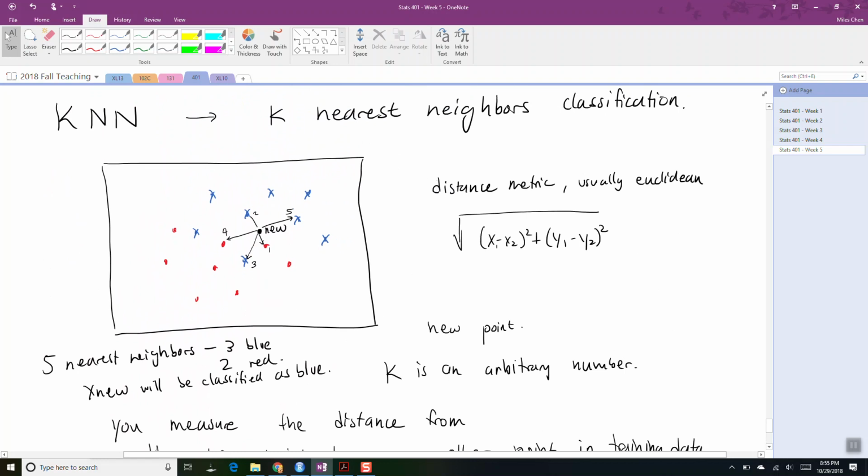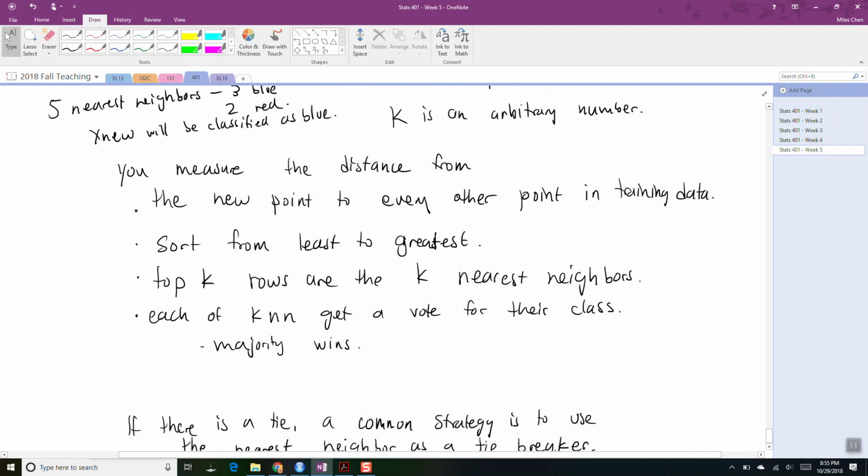Some of the things that you might consider doing is, if x1 and x2 are on different scales, like if x1 has a range of 0 to 1 million, and x2 has a range of like 2 to 7, then x1 is going to dominate all of the distance metrics. So it might make sense to normalize them, so everything's on the same scale. There's different things you can do to enhance K nearest neighbors,